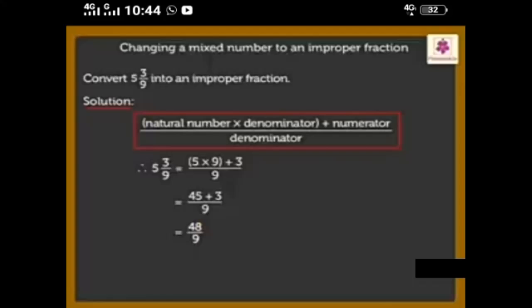Don't forget to write the denominator. The denominator is very important. It is the same denominator. What is the equation? At the time of changing a mixed fraction to an improper fraction,